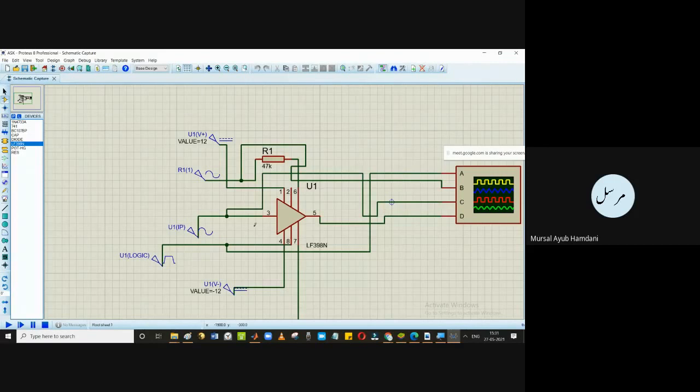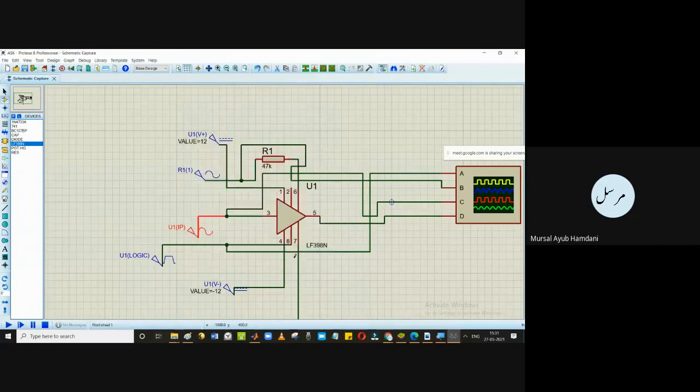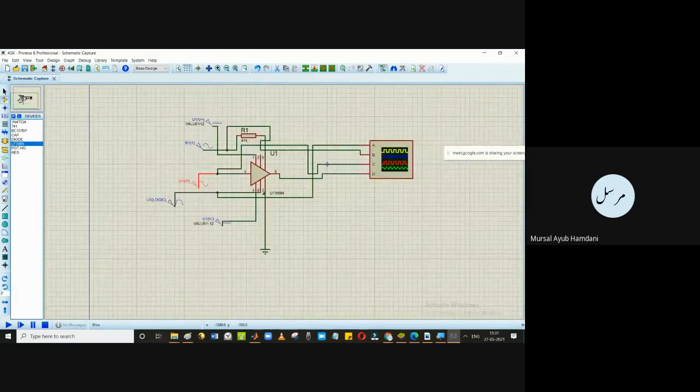Here we are implementing it using 2 carrier signals and 1 pulse, okay? Higher frequency and lower frequency. So for 1 carrier, you can see here, a frequency of 1 kilohertz and a peak value of 5 volts. This is the other one, the second one, and it goes to pin number 6.